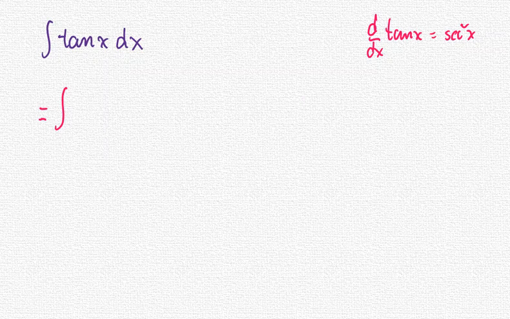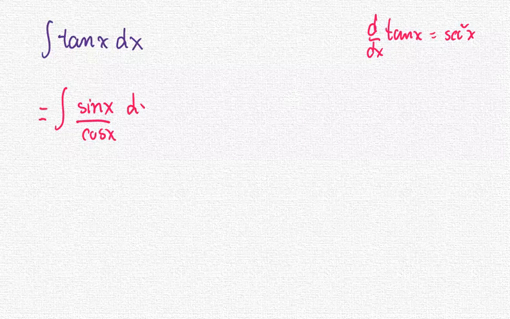Think about what would be the equivalent form of the tangent x, another form of the tangent x. Sine divided by the cosine. Yes, very good. So the sine x over cosine x with respect to x. Okay, so with this way, you can see sine and cosine involved in the problem, and the relationship of sine and cosine. The derivative of sine x is cosine x,